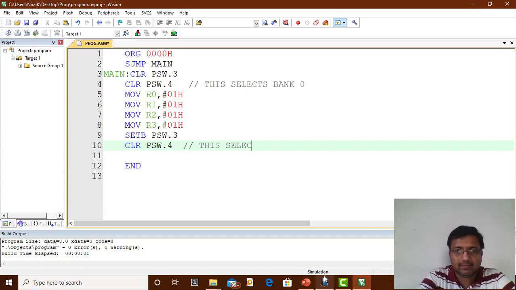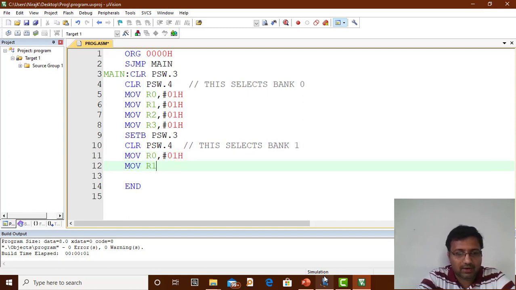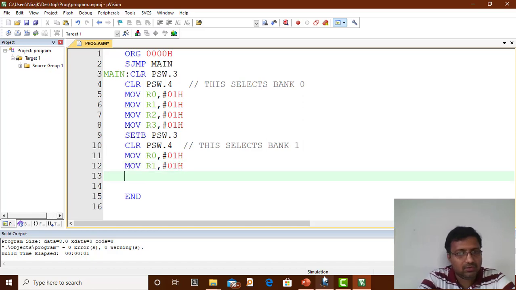Now whatever I load, MOV R0, #01h, MOV R1, #01h, is sufficient.